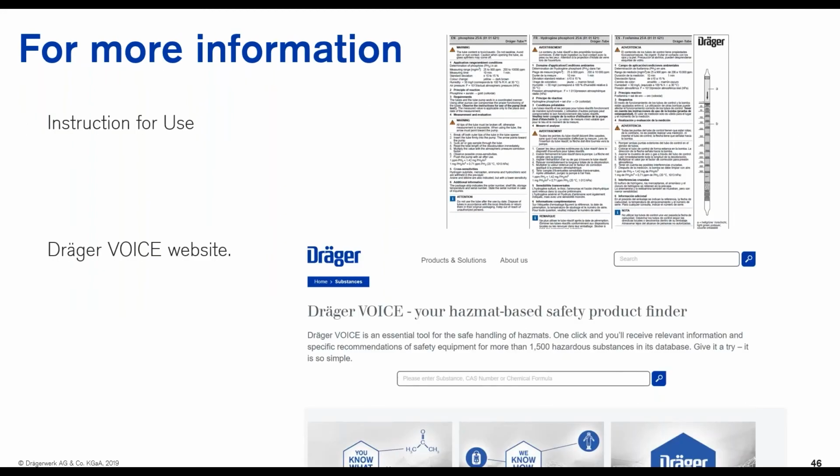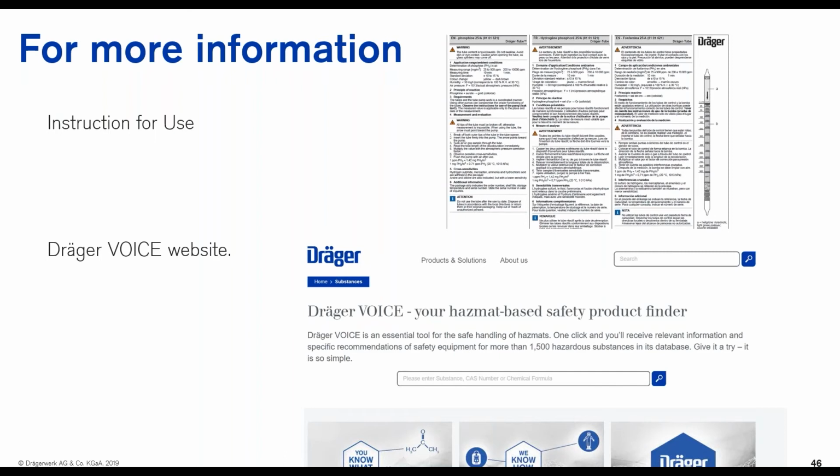For more information, you can always refer to our instructions for use, because our tubes always come with them. For tubes with special designs or special systems, like for example two-tube systems or ampoule tube systems, you will probably have additional steps required before any measurements. So for those kinds of special tube designs, you can look into the instructions for use. If you are unclear or need more information, you can also come back to us, and we will be able to advise you on that.